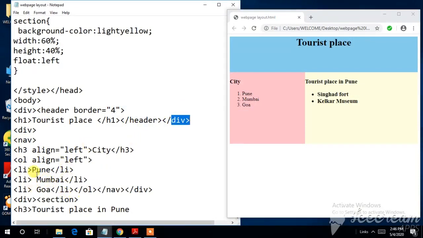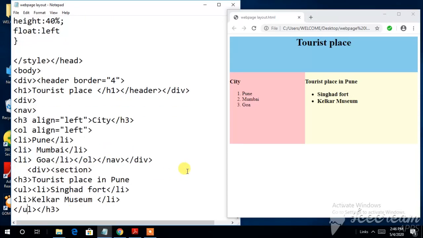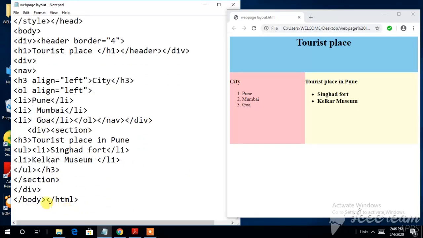Similarly, in the second part also, after the ordered list and everything, the division started with the section. Okay, here see, the division started with the section, and I have closed it with the section right below itself. So for each and every one, you should not close all these divs at the last. If you close them at the last, the file will not work properly.